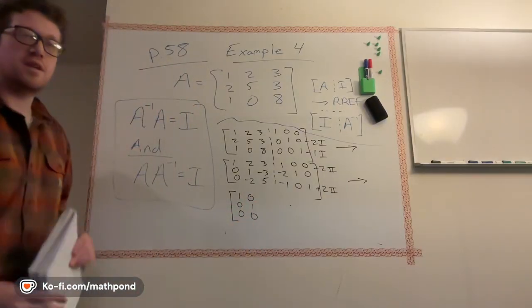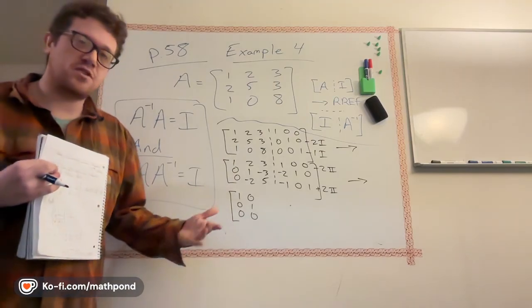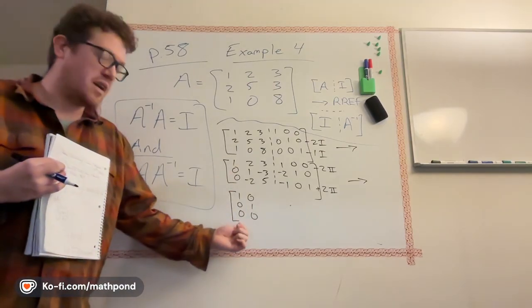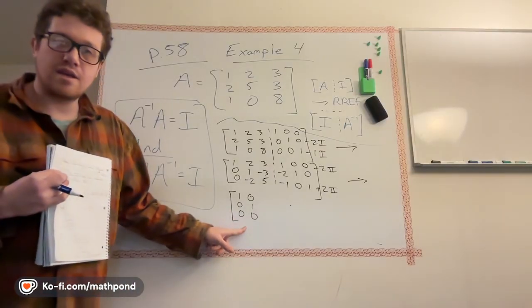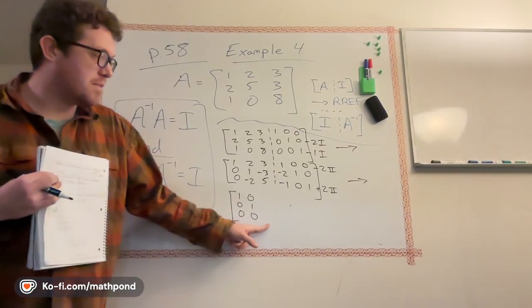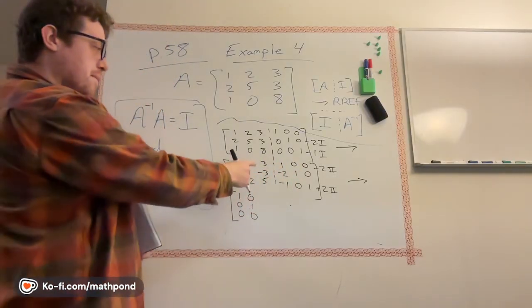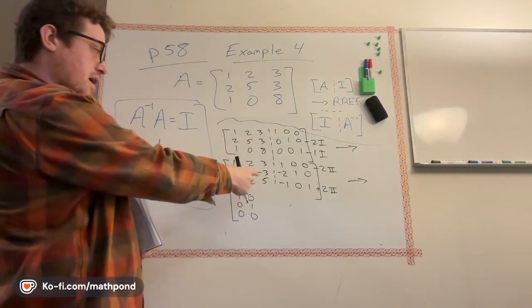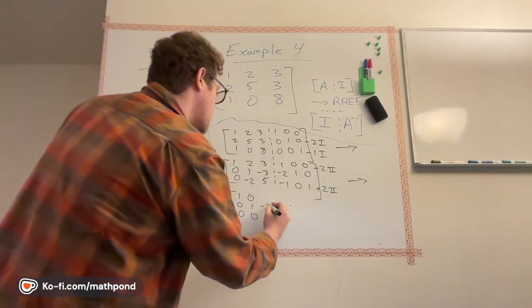And you can see if the matrix is invertible, the left-hand side should be slowly changing into the identity matrix. So the first two columns now are the columns of the identity matrix. The only column that's not is the last one, so we still have a little bit more to do. Yeah, so that'll be that. So negative, what am I doing? Yeah, so the second one doesn't change.